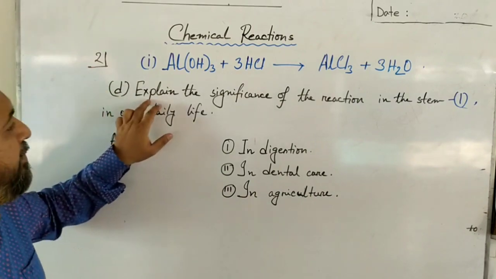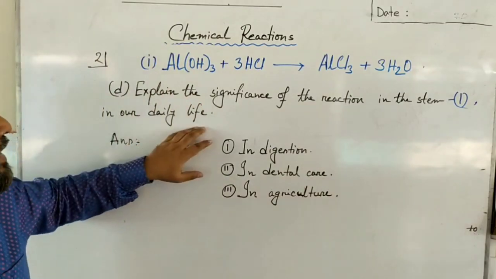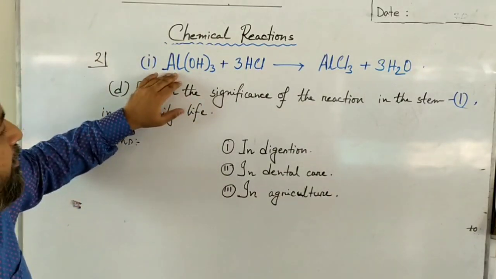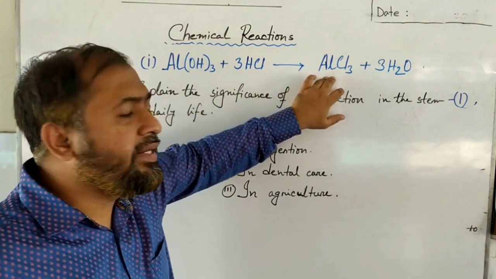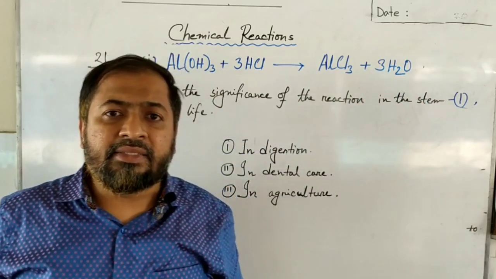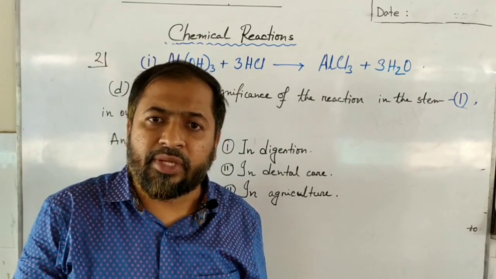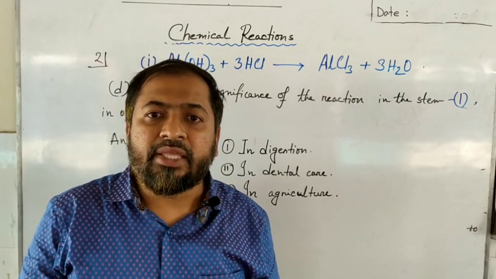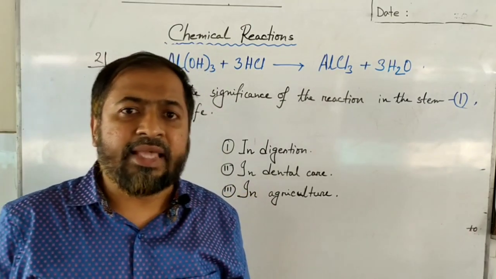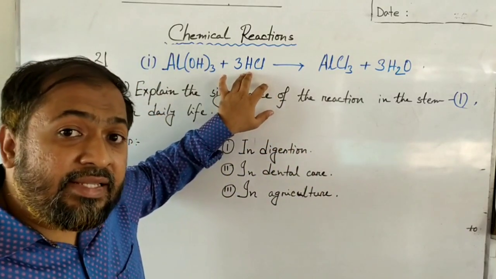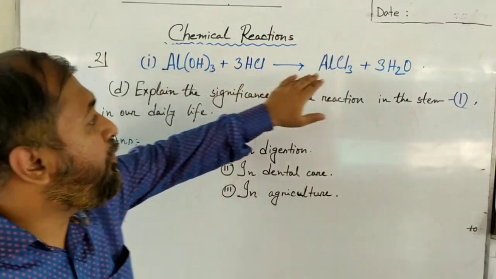Question 2D. Explain the significance of the reaction in the STEM 1 in our daily life. And the reaction is aluminum hydroxide reacts with hydrochloric acid and produces aluminum chloride and water. This is a neutralization reaction. So, what is neutralization reaction? The reaction in which acid and base react with each other and produce salt and water. In this case, this is happening. Hydrochloric acid is an acid, and aluminum hydroxide is a base which react with each other